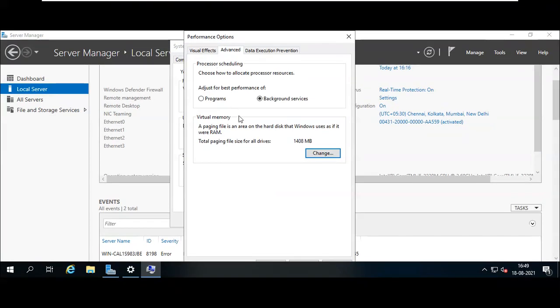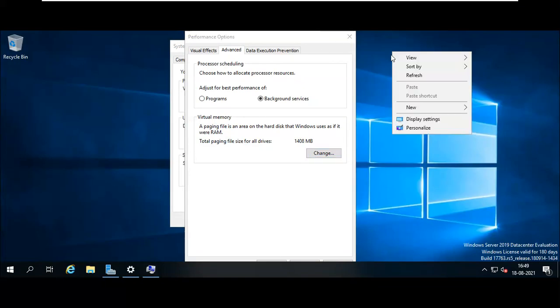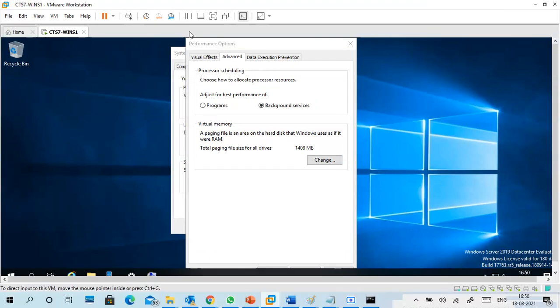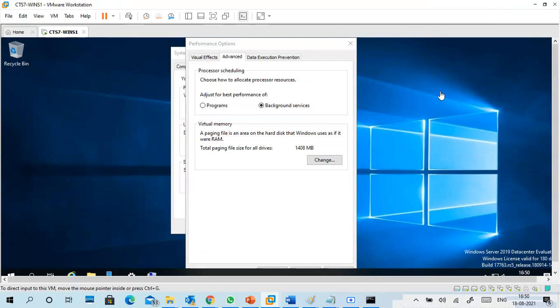I think you have to put it in full screen mode for that. Automatically it will set now.